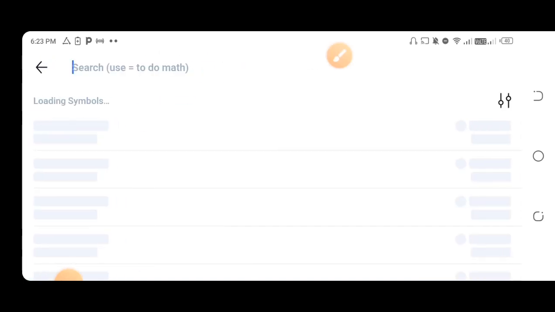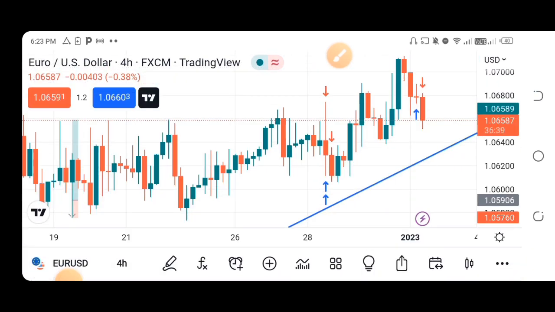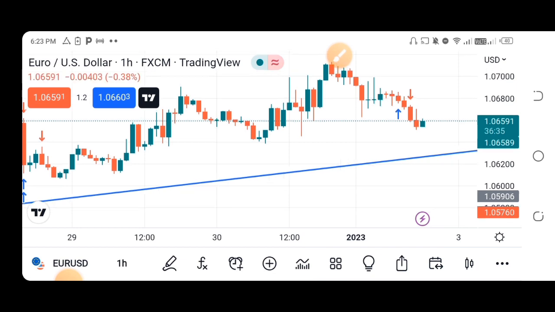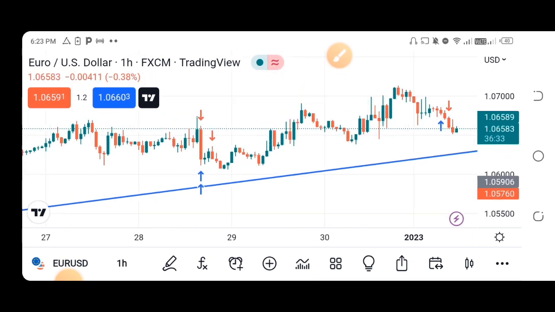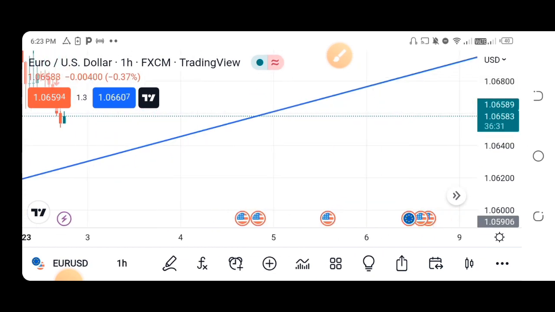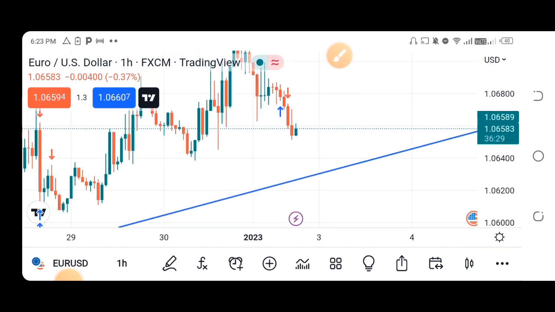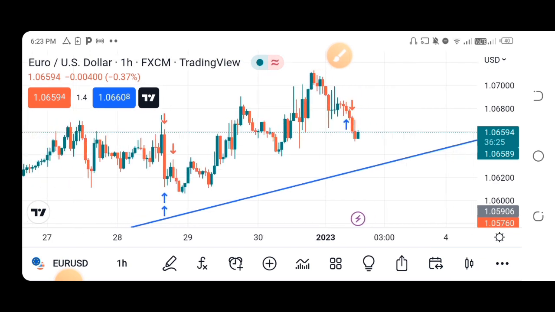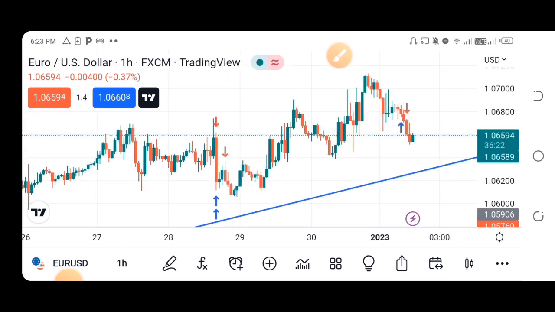So now let's check our 1 hour time frame. This is top down analysis, guys. This is how to make your analysis. So you can write higher high, higher low, lower high, stuff like that. You can write it down just to know where you are and make sure that you are moving with the